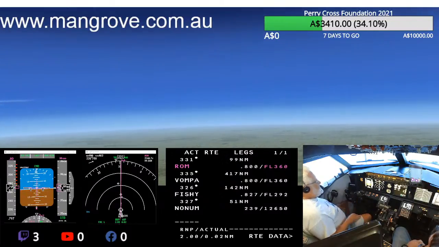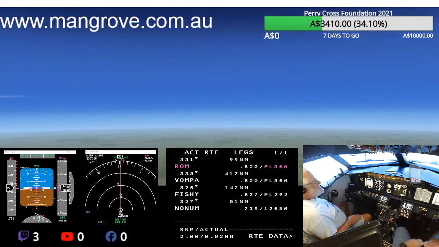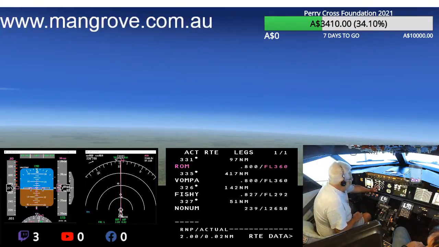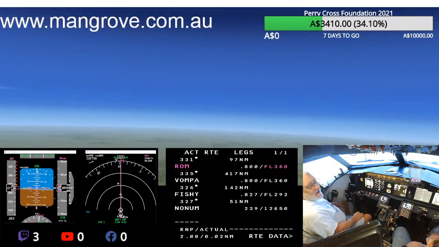Now, you've got to keep an eye on this thing, because occasionally you'll be doing this, and all of a sudden you'll just decide it wants to go back to Sydney. Seriously, you'll be sitting in the cruise, not touching anything, and all of a sudden it'll just start turning around. You know what you said yesterday? It happens more often than you think it might. Yeah, I know what I said yesterday, but that's all part of the fun.